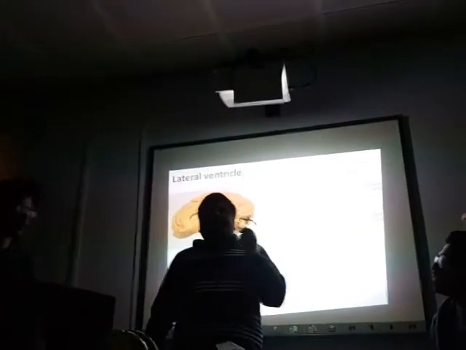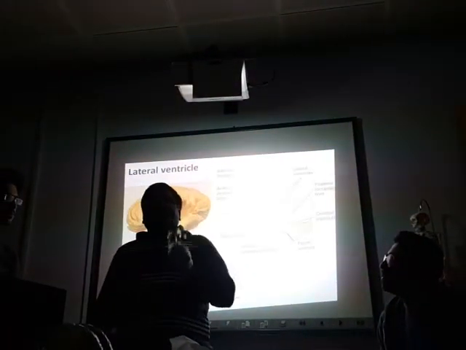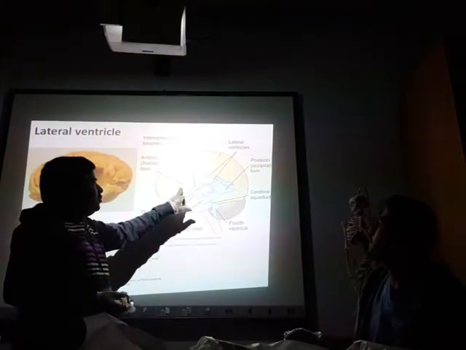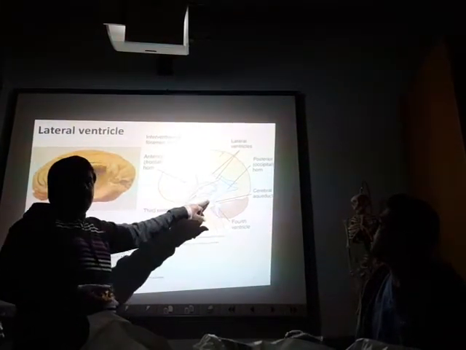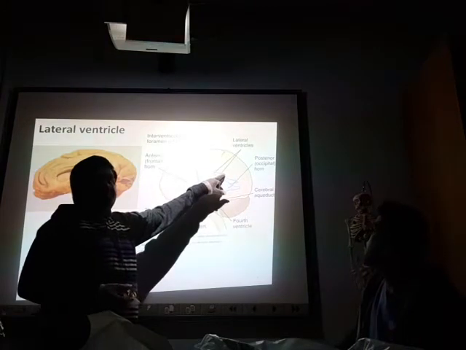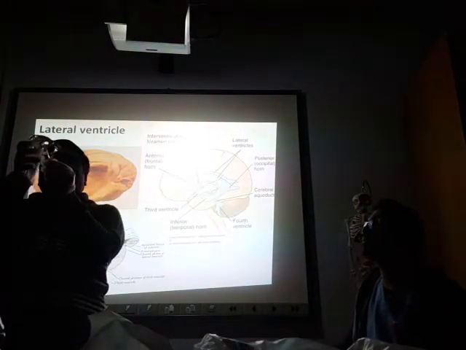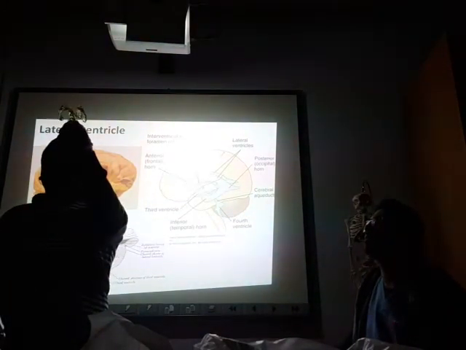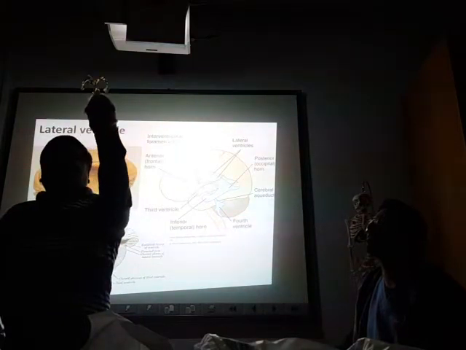The cavity that is present in the cerebral hemispheres is called the lateral ventricle. In this picture you can see here, this is the one lateral ventricle. This is the other. So this is the model, a very beautiful model explaining the whole of the ventricular system of the